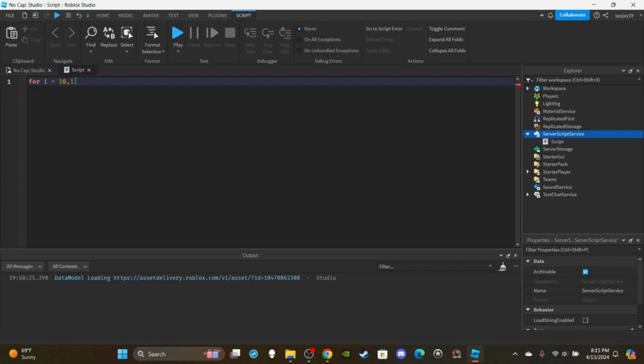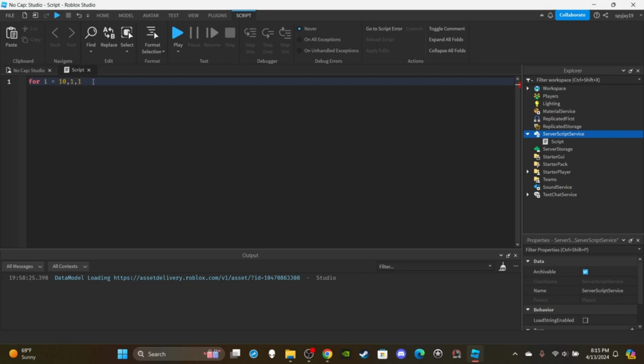So I'm gonna put 1 comma. Now for our last value, you're going to put the changer. This is the modifier. This is what happens. This is either going to be a positive number or a negative number. All of these can be either negative or positive, but I'm saying with